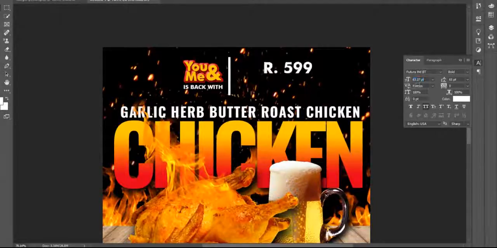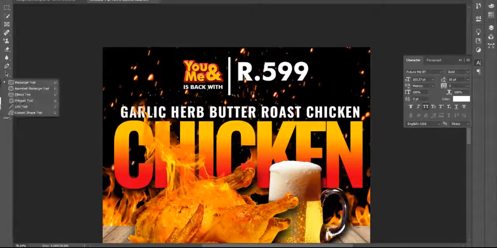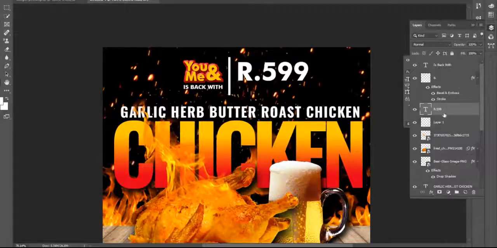I just increase the size of 599 and press, this is the 599 offer, and I just want to make a rounded rectangle. So for the rounded rectangle I am using the shape tool, and this is called Rounded Rectangle. So click on the layer and I make a rounded rectangle here. Just look.